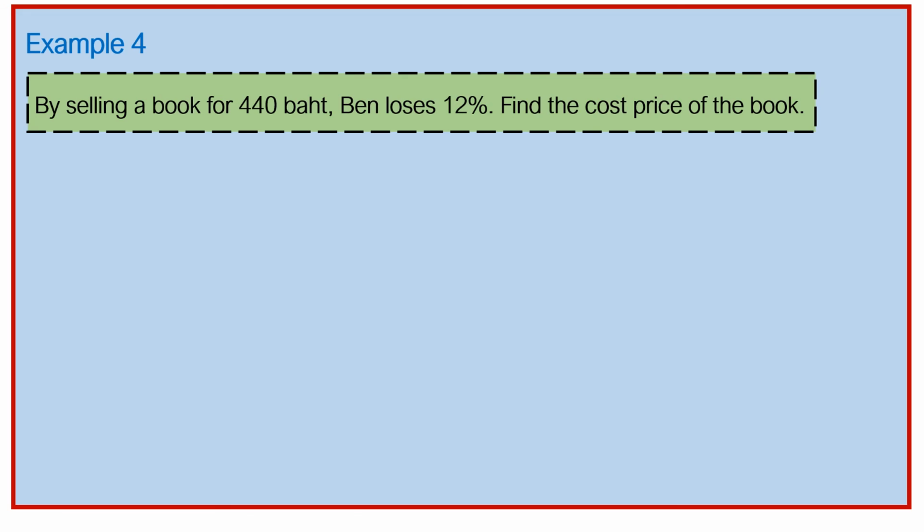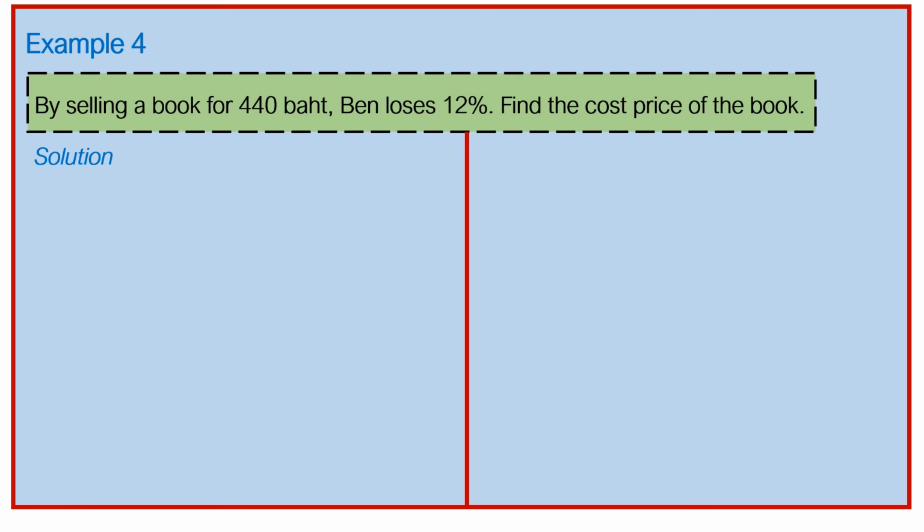So this is equal to, when the cost price is B, the selling price is 440. So this actually means that we have got 100 out of 88, which is equal to B out of 440. So when we use cross multiplication,